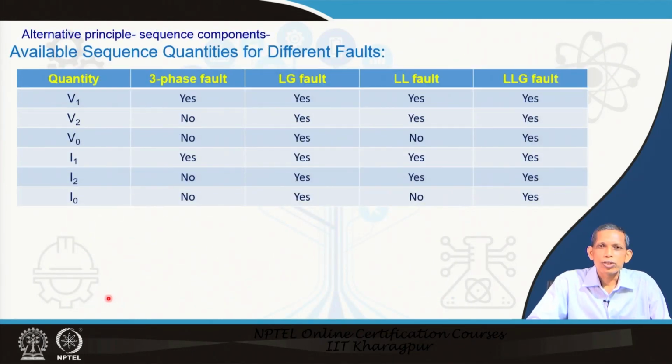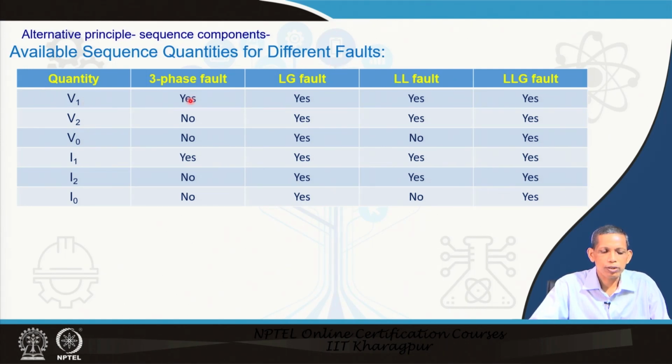So, we see that quadrature voltage or simple phase voltages can be applied, but they have their own merits and demerits. There are alternative principles based on sequence components, used by different numerical relays. We will see why the corresponding sequence components are able to distinguish the direction of the fault, and how they can be applied in a better way for the directional principle. We will see more details in the next lecture, but consider the available sequence quantities for different faults.